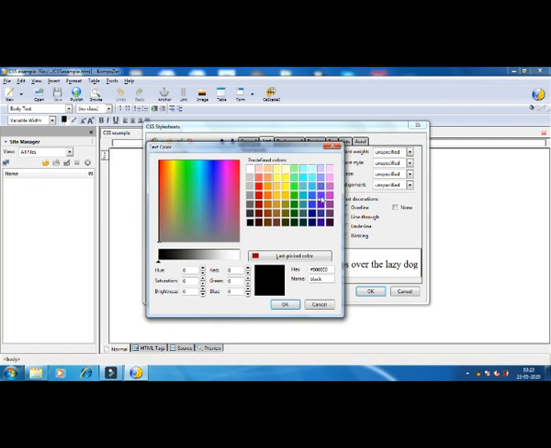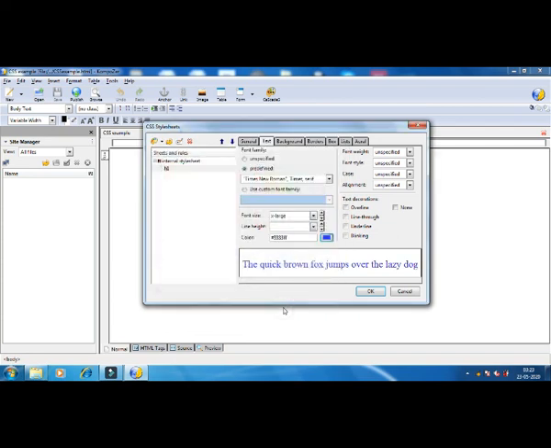Click on OK. Now different properties, font style, sizes, alignment, etc. are there.